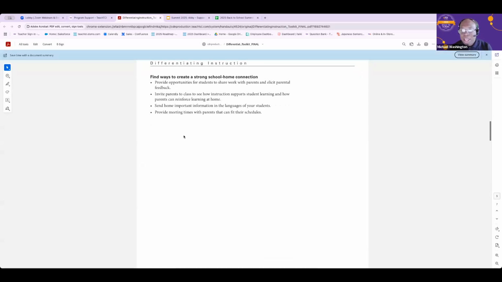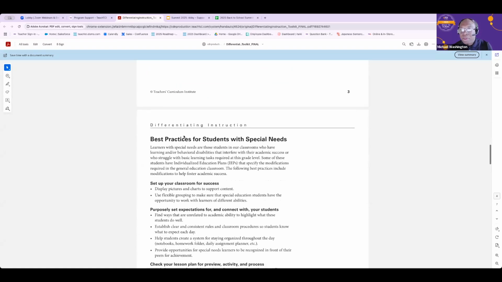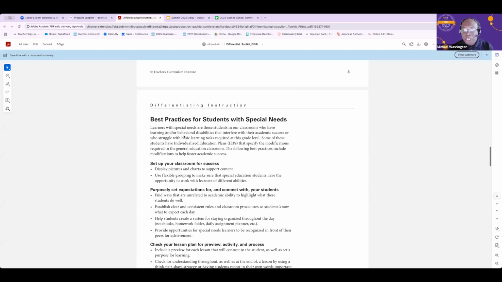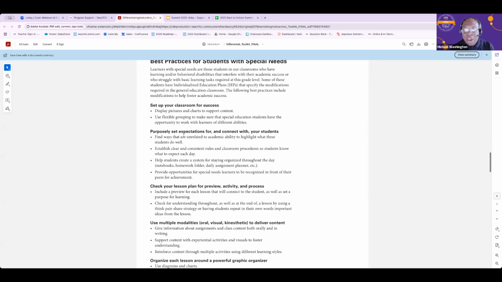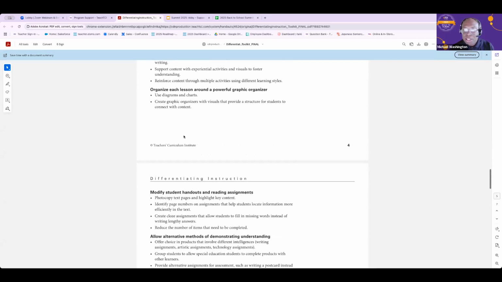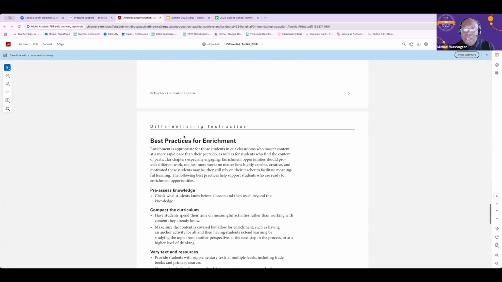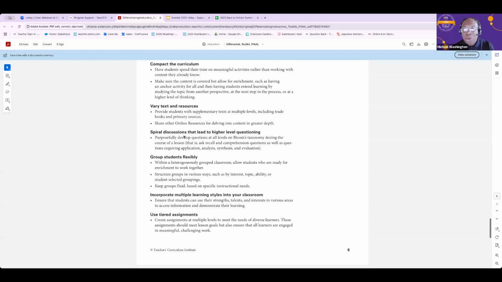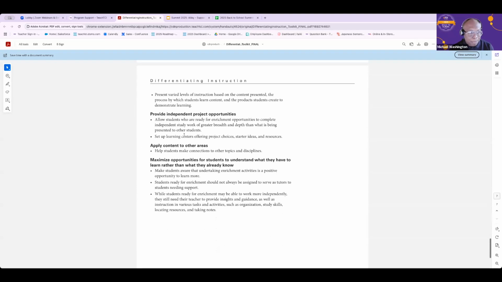And in this PDF there is going to be the toolkit for those three different styles of differentiation: the ones for best practice for students with special needs, enrichment, and our ELD learners. So this is going to give you some tips and ideas on ways to modify and to think about how you help and support some of those students. So you can find those in your accounts there.